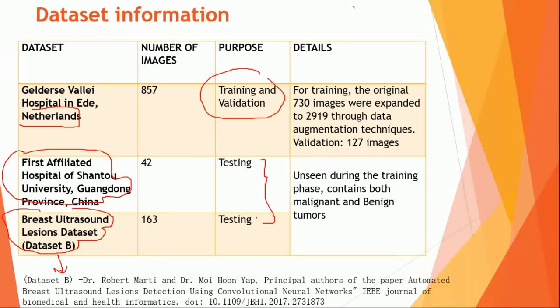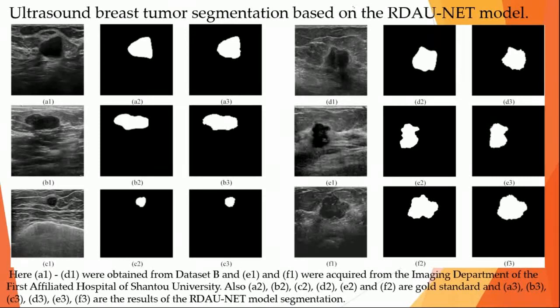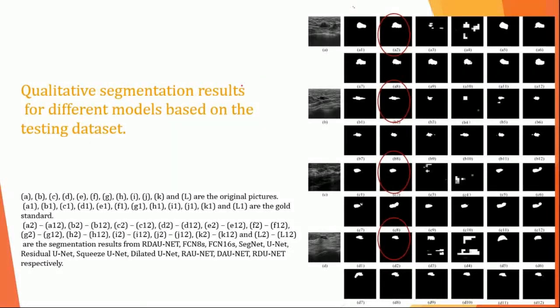Okay. Now, this is the output of our network. These are the images, I think these are test images. This is the ground truth annotated by the doctors, and this is our result, the RDA unit result. And we also compared it with other networks as well. We compared it with about 13 other networks here. I can't really tell you all of them, you can just read it here.